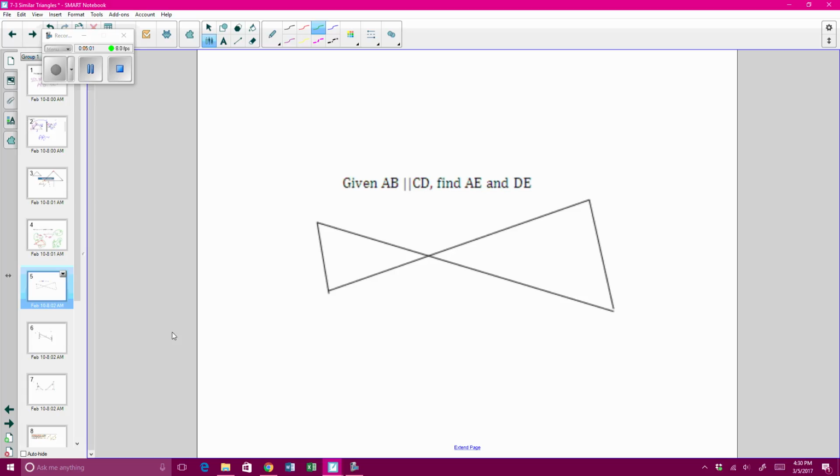This one's not set up for you, but we can set this up now together. So let's label this triangle first, AB, CD, and E is here in the middle of these two triangles. Now, it says that AB is parallel to CD, and remember, when you have two parallel lines like AB and